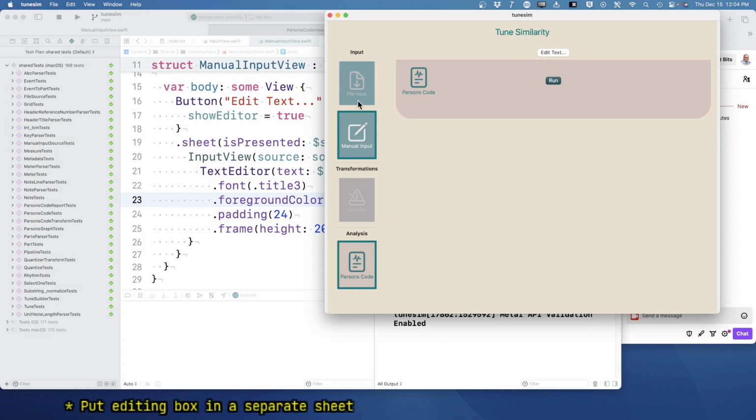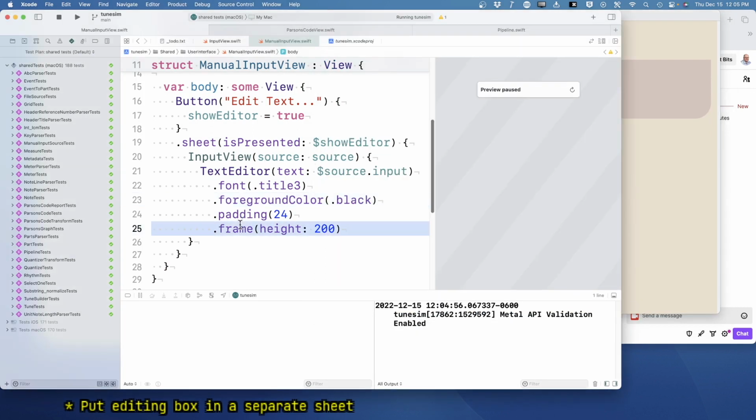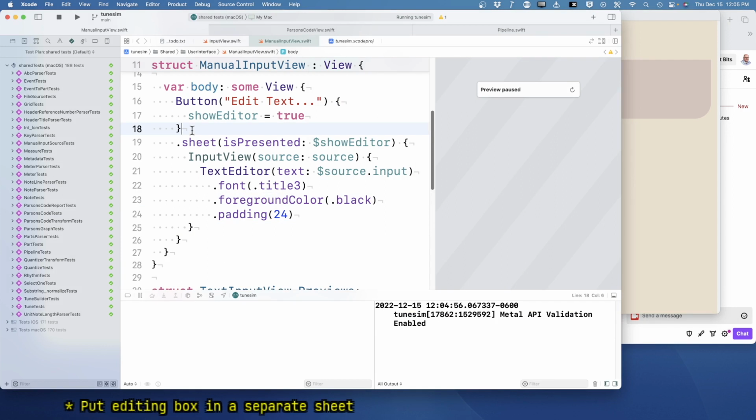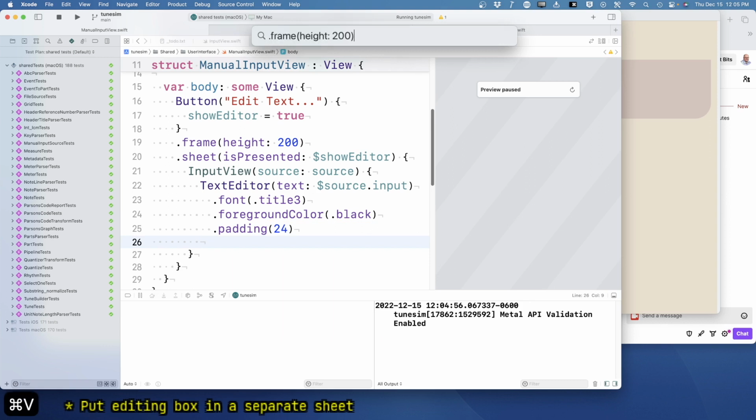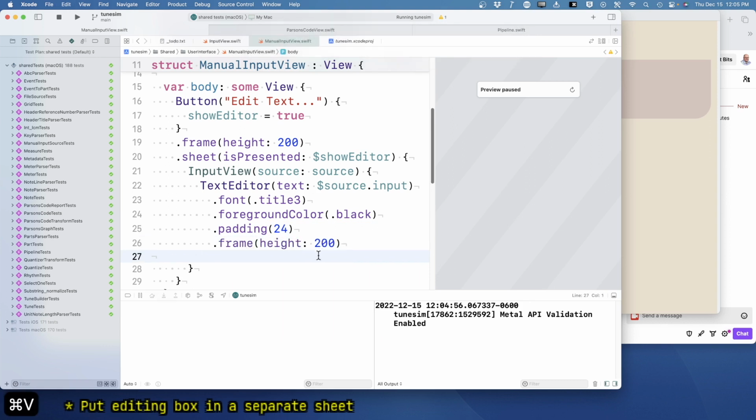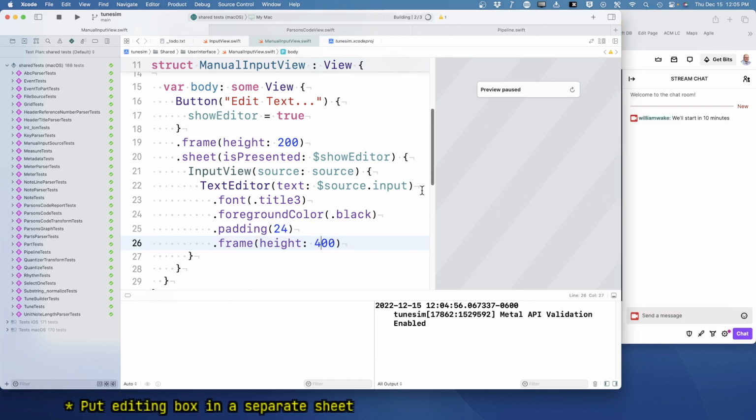All right, so we want to do manual input. Yep, that is not right. Let's put this here. Well, I don't know if I need a stack. And on the input view, sorry, on the sheet. No, on the input view, let's put this, whoops, put this back. And I think it's more like 400. Okay, let's,